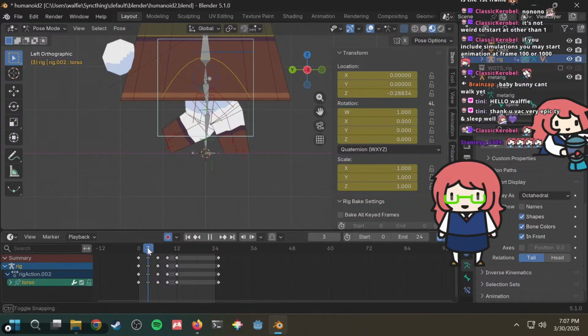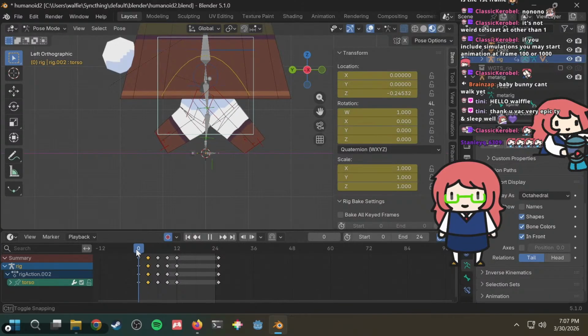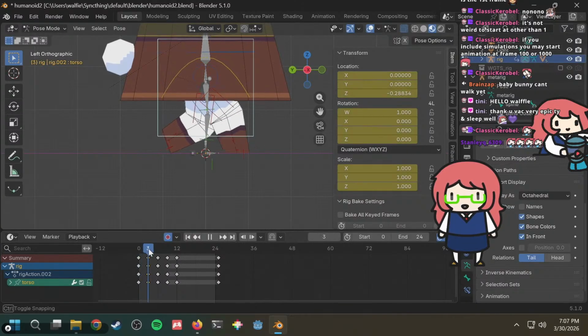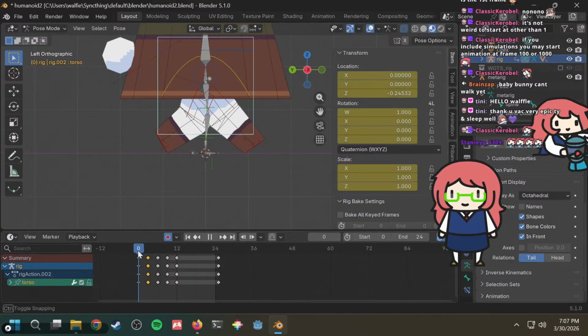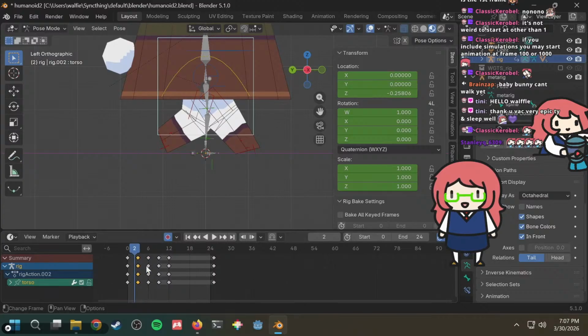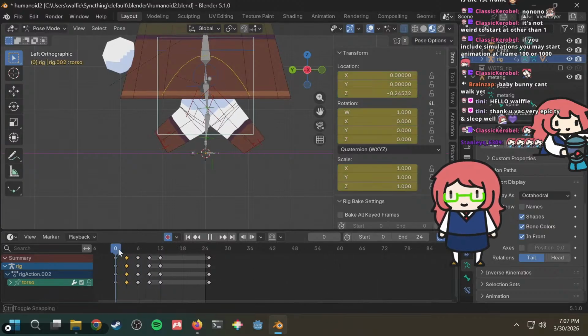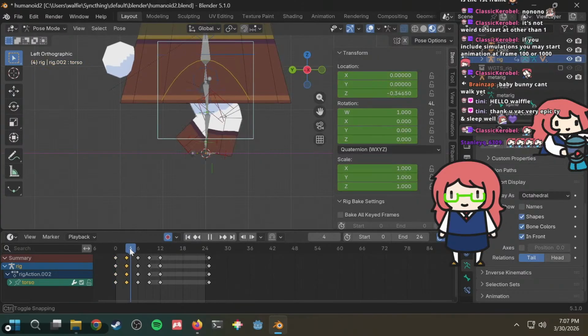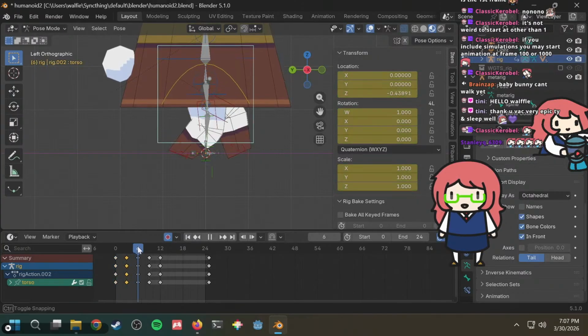That shouldn't happen. That's not supposed to happen. Why does it do that? Is it because I don't have enough frames? Oh, whatever, it's probably fine.